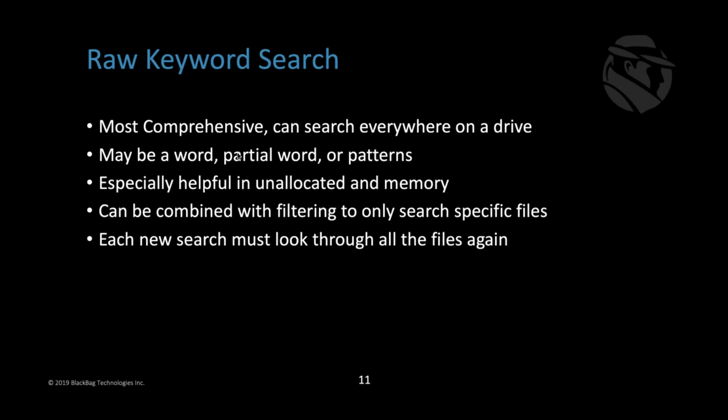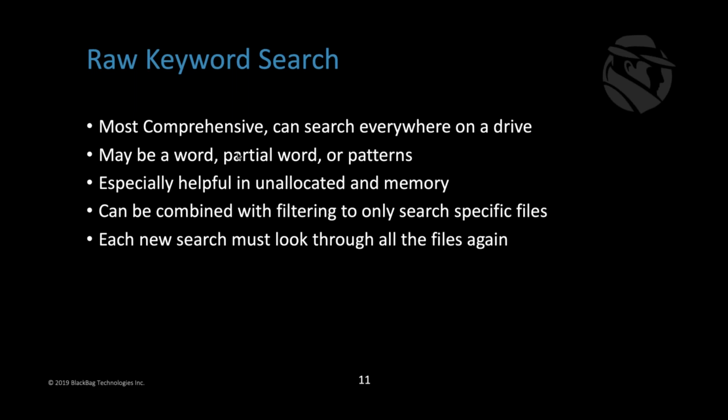So let's go over why raw keyword searching has been the preferred and most thorough option that we have available. Raw keyword searching is the type of searching you do against a drive where you want to look at every single character in a row and see if it matches what characters you're sending it. I want to find A, B, C, D, E all together in that order on the drive, regardless of if it's in unallocated space or slack space or part of the metadata. I want to find all of those characters as I've set it. And I don't care if there's a space after it or more letters after it. I just want to see those characters in a row.